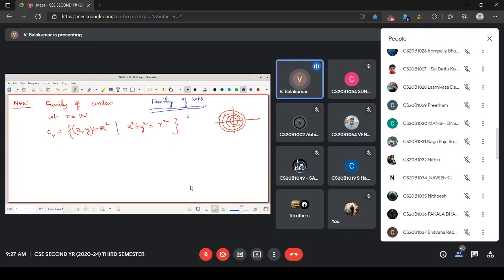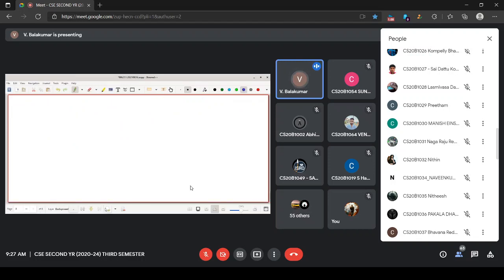Many sets with a common property, family of sets. In terms of pictures, you throw a stone into a lake, into a river, you will be having these kind of circular paths. That's okay. These are various things. Let us go to the next one. Are you people following this family? If you need, we shall explain again.